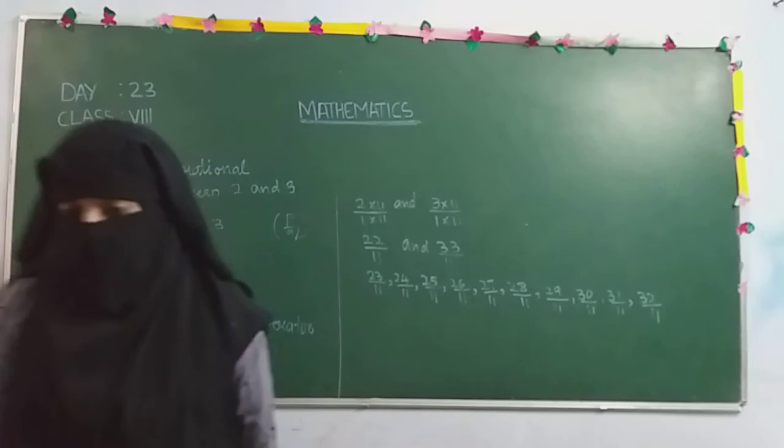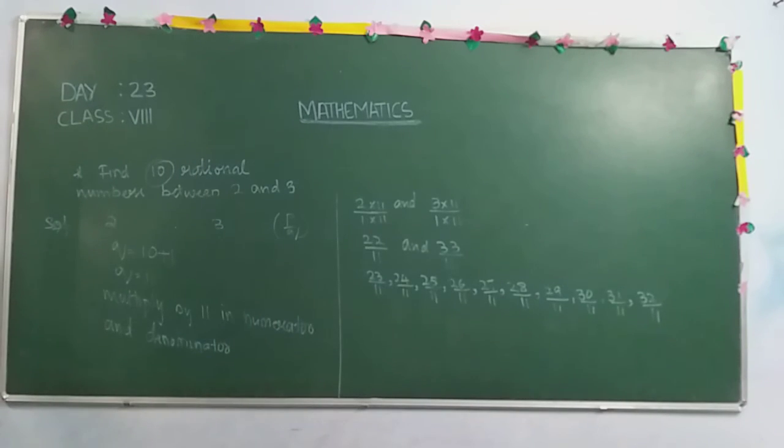I will explain one more time the procedure how to find, and there are other different types of questions also. To them how we are going to solve, that also inshallah I am going to explain. So first, yesterday also we studied find 10 rational numbers between 2 and 3. Okay, this 2 and 3, assume they are rational numbers only. Why? Because they have the denominator as 1. Now what to do? How many rational numbers are they asking? To them we should add plus 1. All the time you need to follow this procedure.